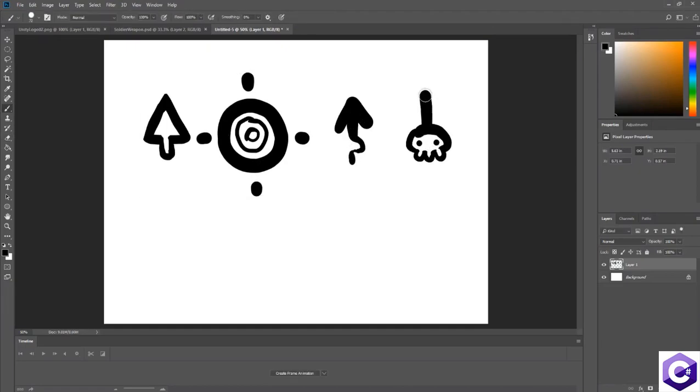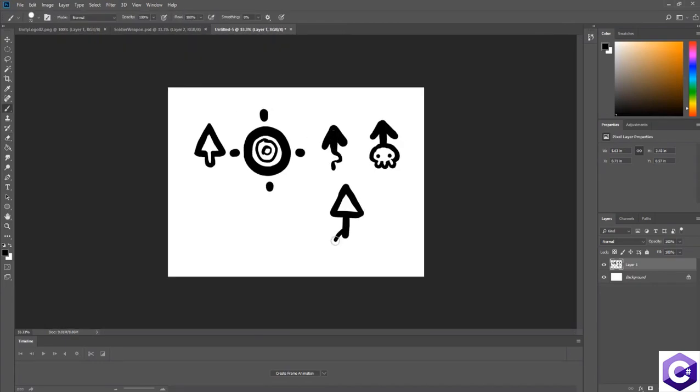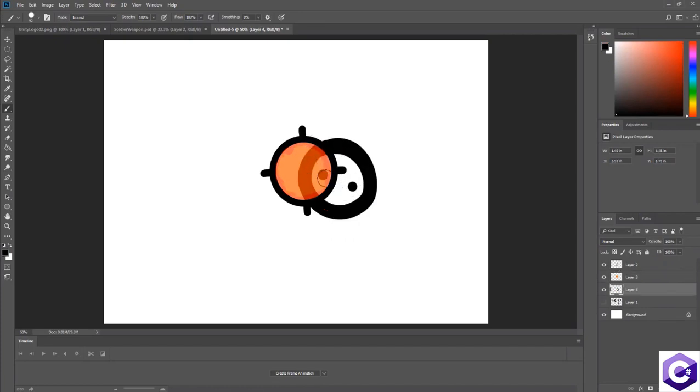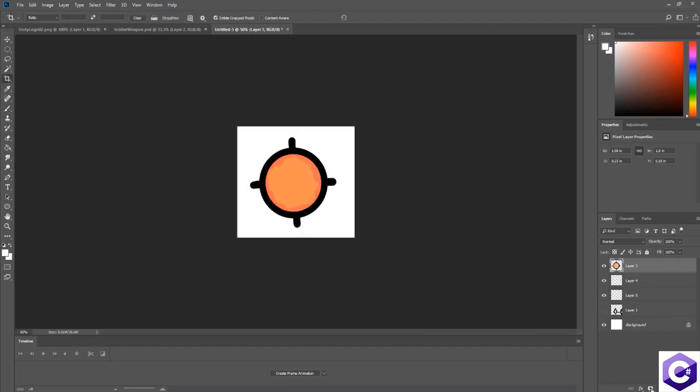You could simply make a cooler looking arrow that fits your game's style, or make a nice crosshair sprite, a square or a circle, it's all up to you. I've made this circle with a slightly transparent middle, which will look cool when hovering over the environment and monsters, tinting their graphics slightly in orange. Then I'll export this into Unity,